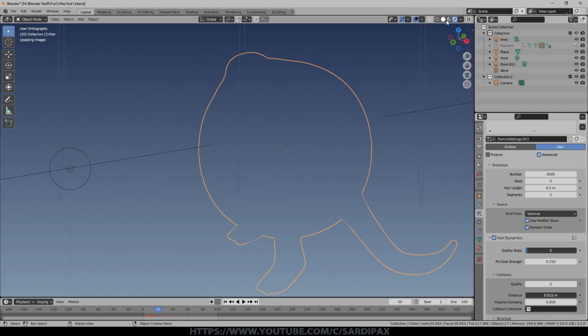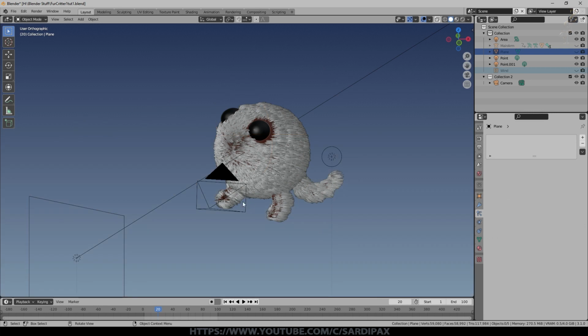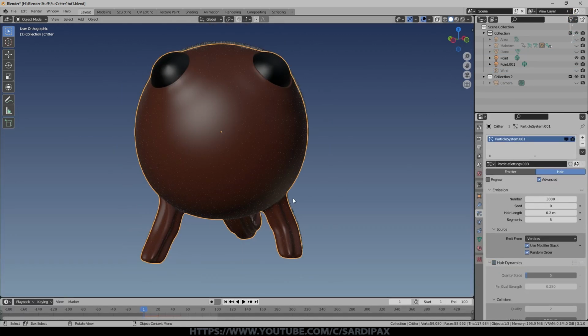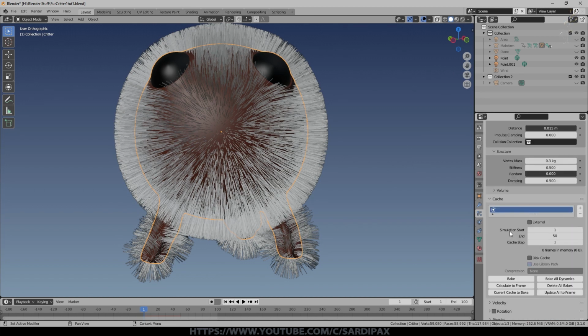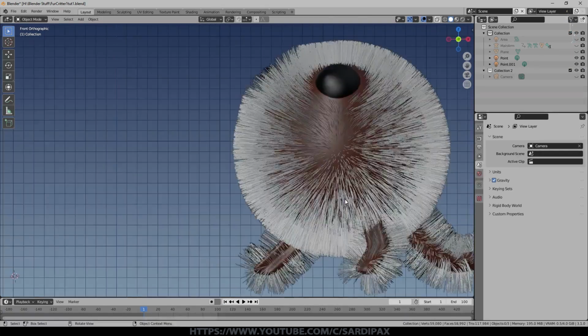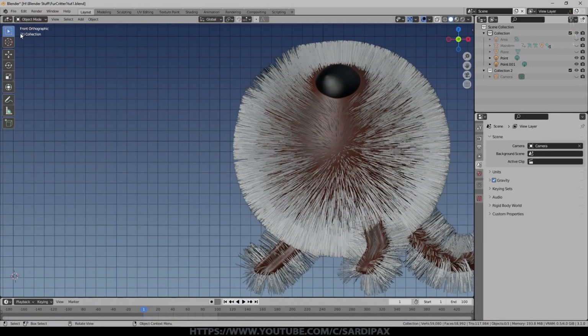And then the last little thing really to show about hair, I'm just going to turn off some of these other objects to get them out of the way. And I'm going to turn off hair dynamics, and I'm going to delete all bakes, and we'll remove the wind modifier. I think we've got our hair back there. So this is no longer dynamic hair, this is just fixed hair. But there's another editing mode.